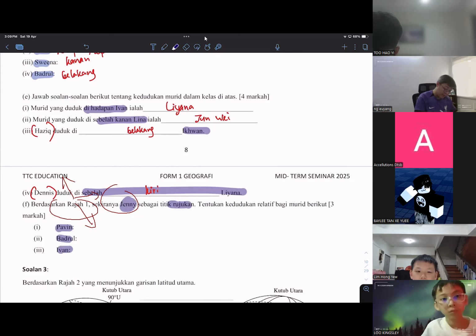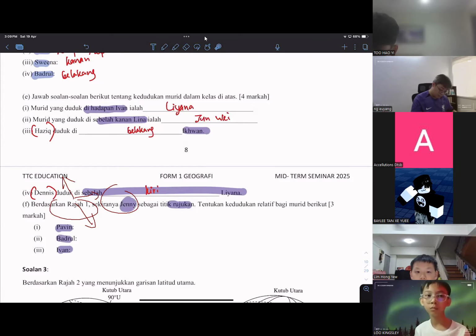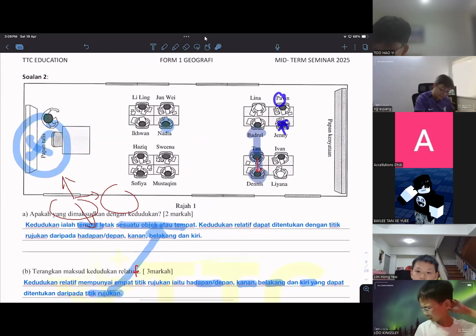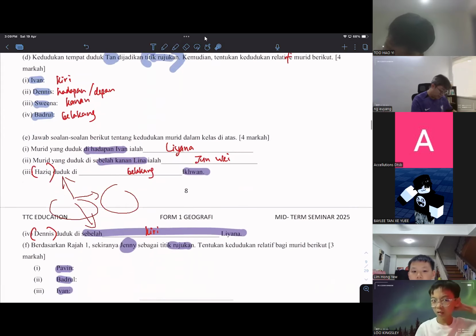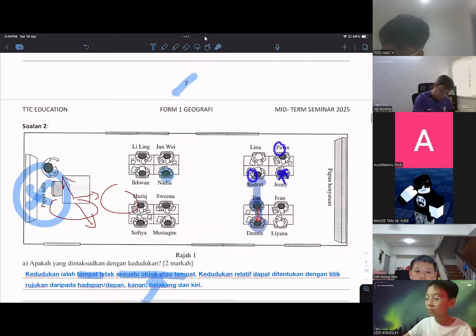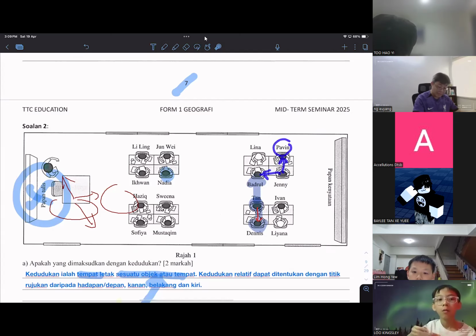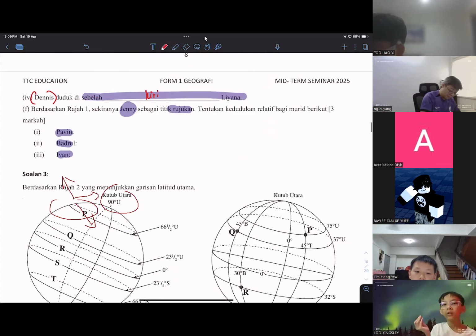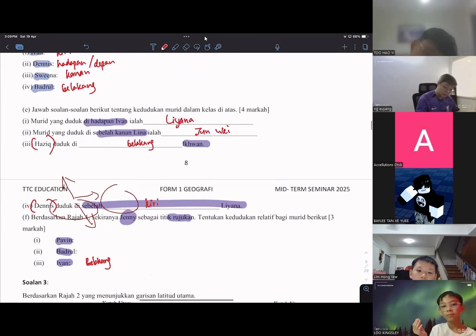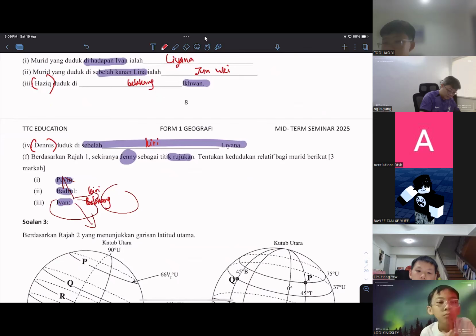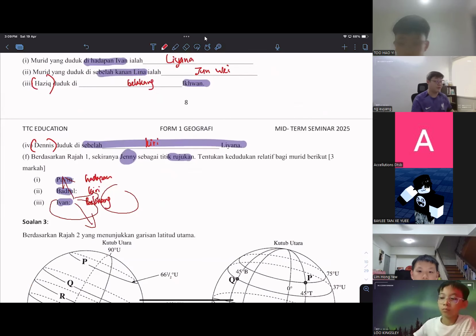Okay. So according to Jenny as titik rujukan, Pavin, Pak Ru, and Ivan. So this is your last question, right? So we are trying to find Pavin, Pak Ru, and Ivan. So Jenny is facing front, which is Pavin. So Pavin is at the front of Jenny. So left hand side is Pak Ru, belakang is Ivan. So Pak Ru is left hand side, kiri. So Pavin is front, depan or hadapan, up to your preference.